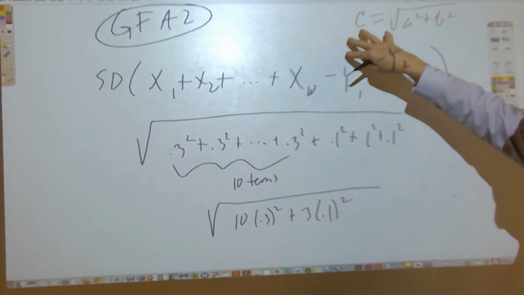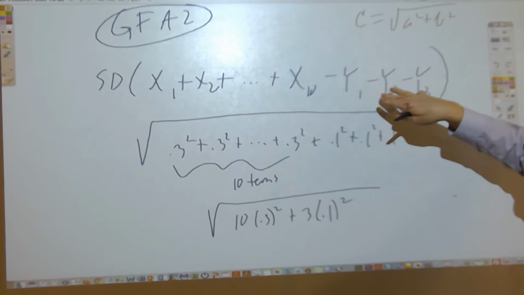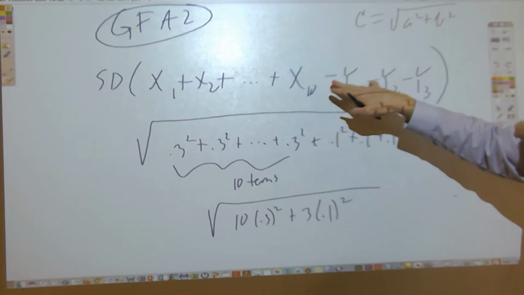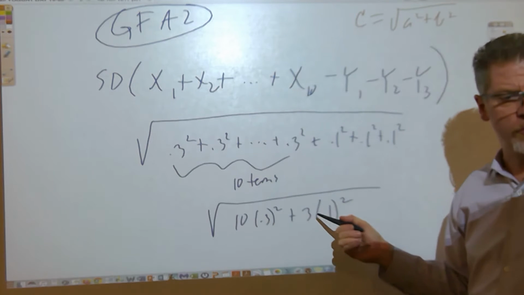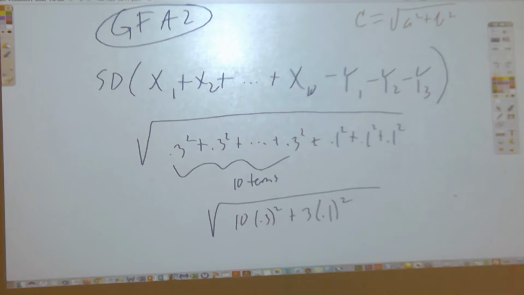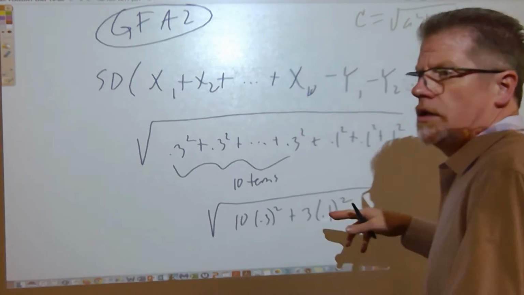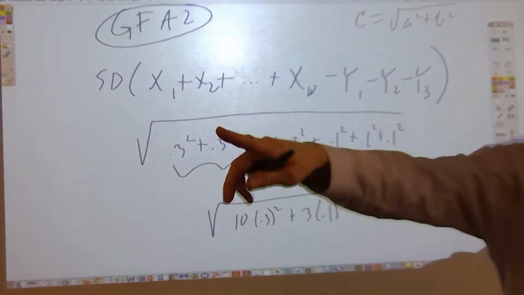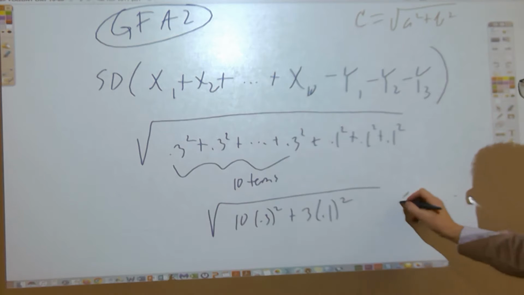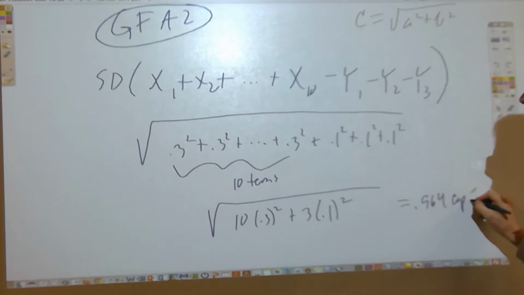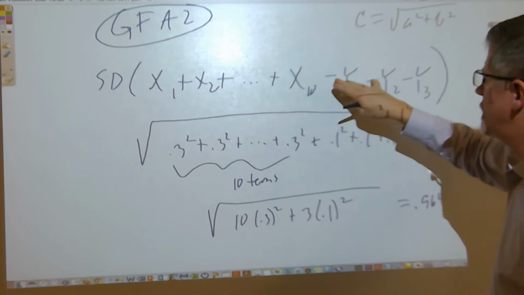Okay, here we go. On Friday, one of the hard parts of yogurt day was to realize that even when you're subtracting, variances add. And so, did we actually get the answer? What was the answer according to your answer sheet? I think you guys left your answer sheet behind, and I kept it. Okay, good move. 2.964 cups. Yeah, the hard part to remember there is that even when you're subtracting random variables, you add